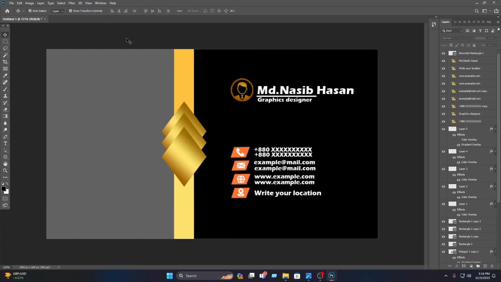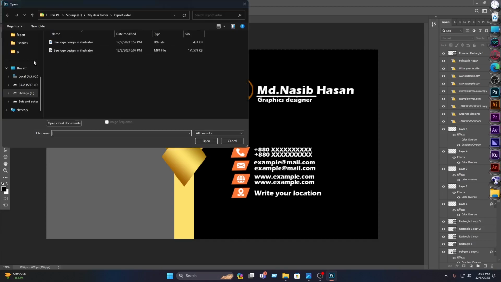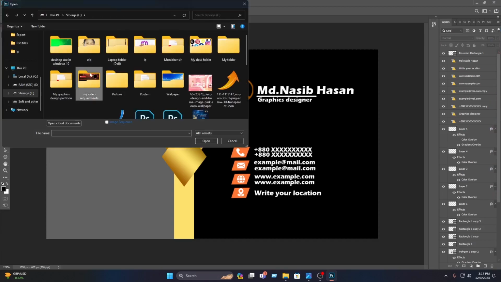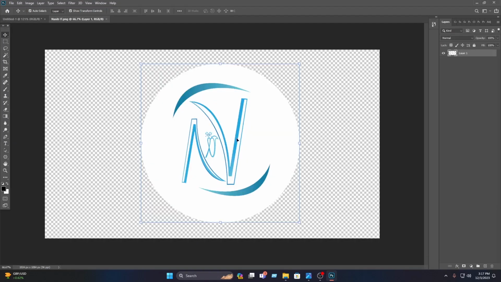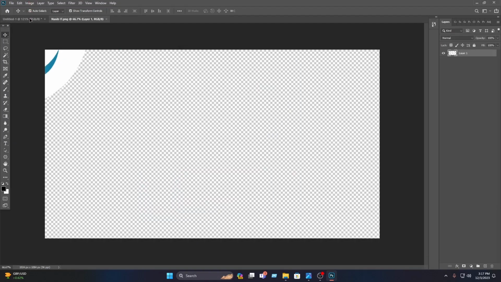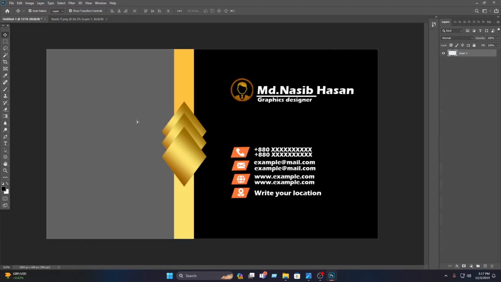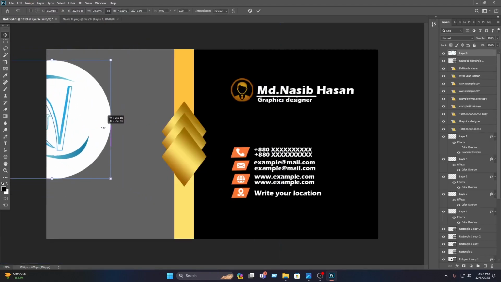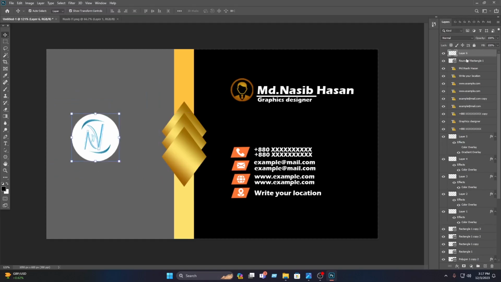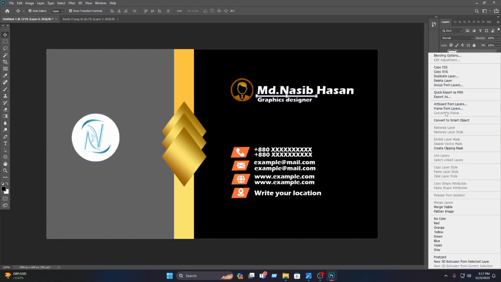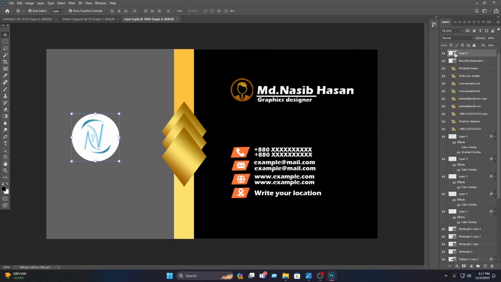After that, you have to open your logo, so I am opening my logo from my PC. After opening the logo, you have to drag this logo in here, then decrease the size of this, then drag this in here, then right click on this, then click on convert to smart object, then double click on here,